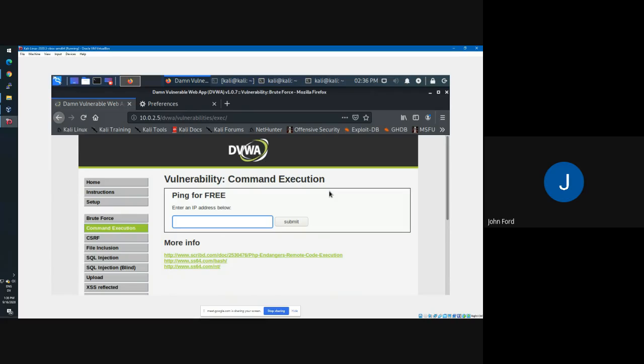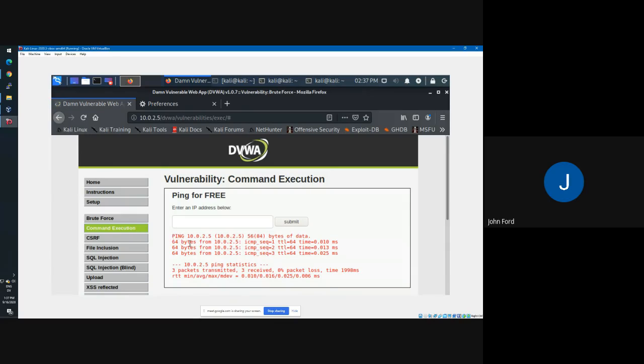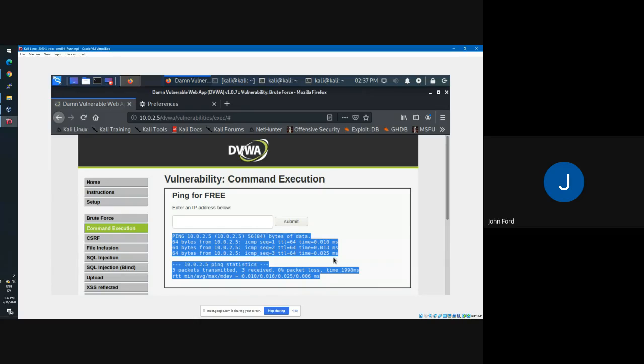Yeah. So let's just use it the way it's supposed to be used. You can see I was already messing with it there, but let's just use it the way it's supposed to be used. We can ping this computer. If I click submit, you'll notice we got the ping information back. So what this looks like it's doing,